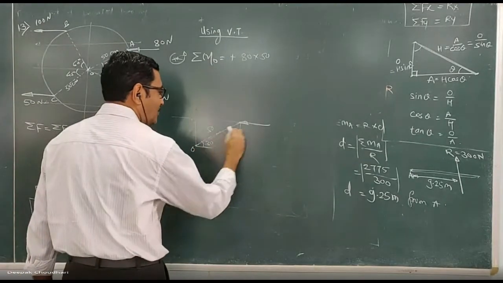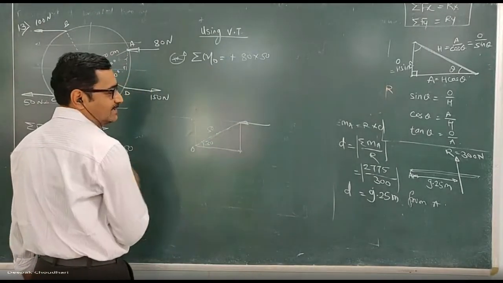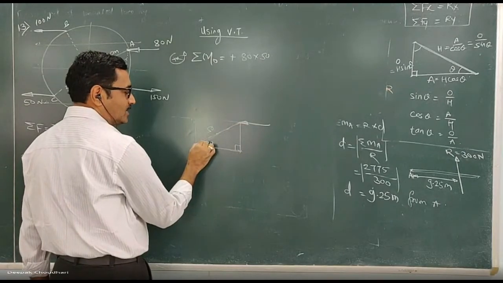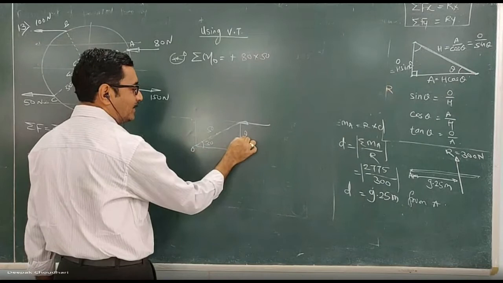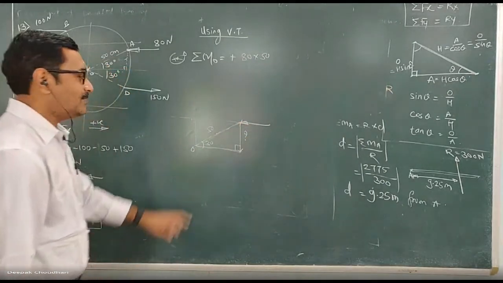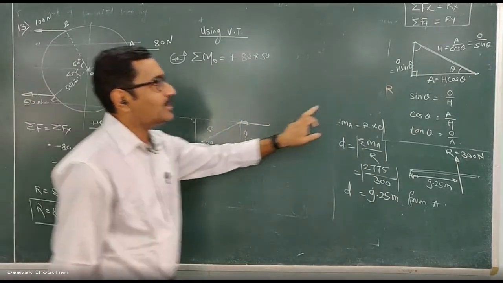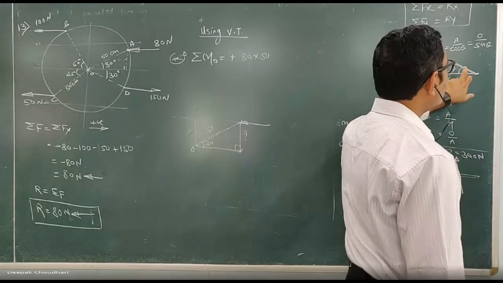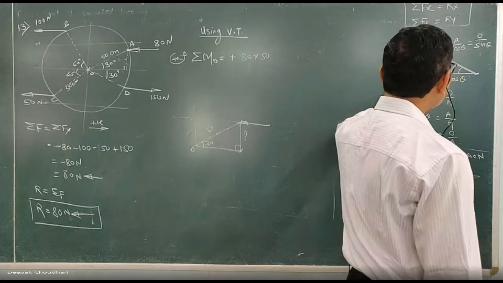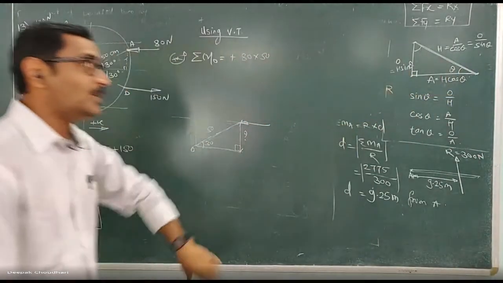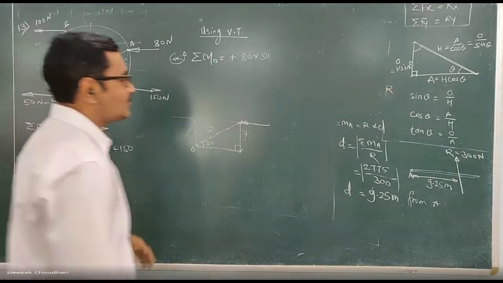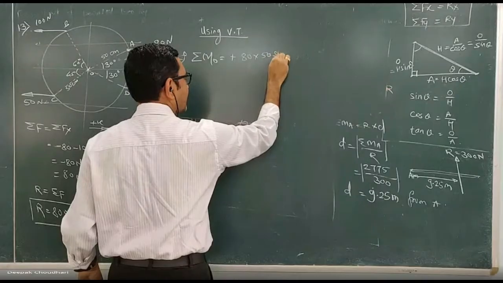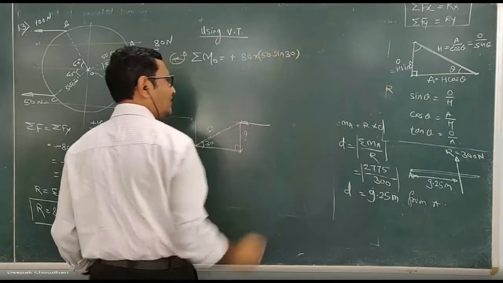Now in this right angle triangle, listen, this 50 centimeter becomes the hypotenuse, and with respect to this 30 degree, this perpendicular side is the opposite side. Hypotenuse is known, and with respect to this angle I want the opposite side. So I told you yesterday, if you know the hypotenuse and you want to calculate the opposite side with respect to that angle, you have to multiply that hypotenuse by sine. Understood? So how much will this opposite side be? 50 sin 30, which is 25.